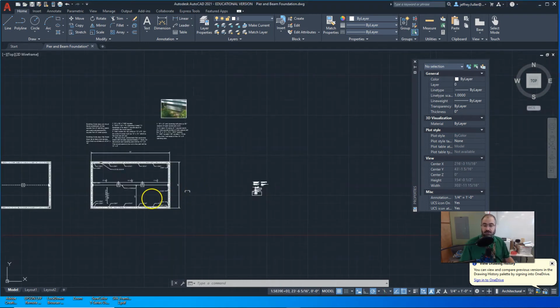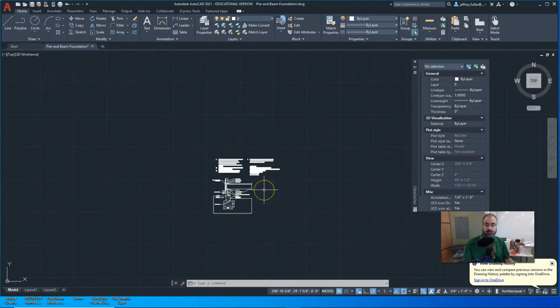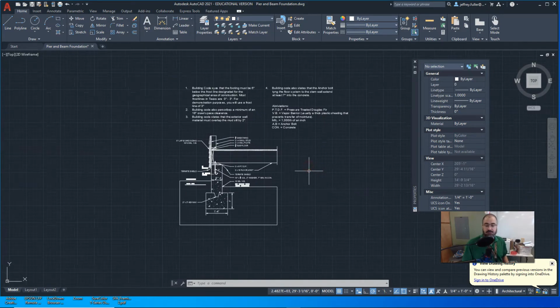All right, guys, Architecture 1, we're going to go over the section detail and have you go through drawing one of these. Just pay very close attention. In the future, you'll be asked to draw one of these, and I'm just going to give you a set of specifications. I'm not going to actually walk through it like I'm doing right now. So make sure you're paying attention, you're taking notes, and things like that so that you can actually draw this